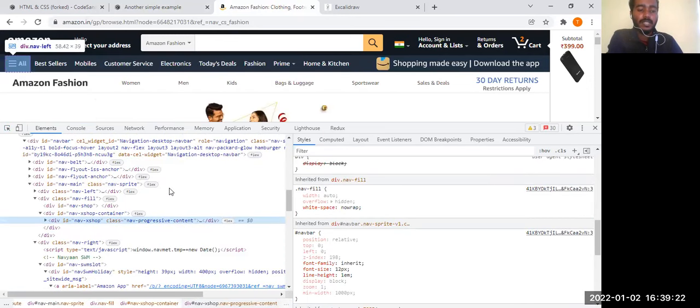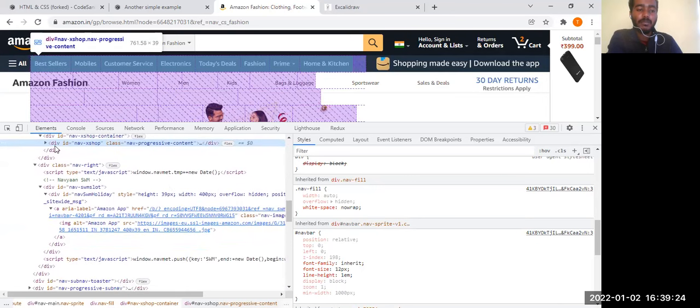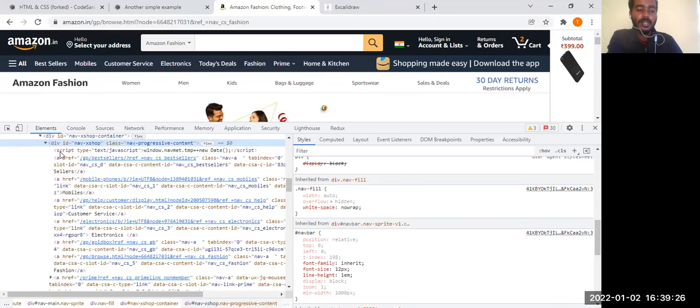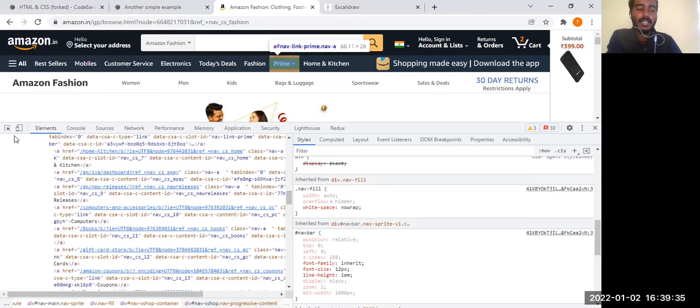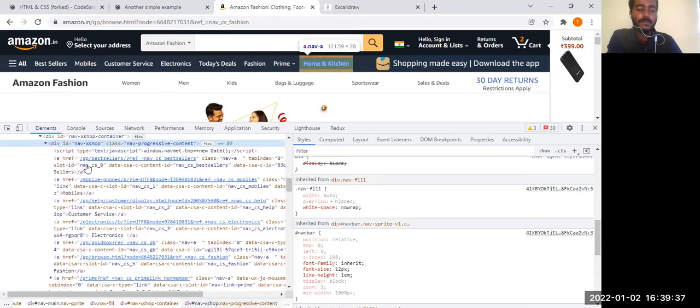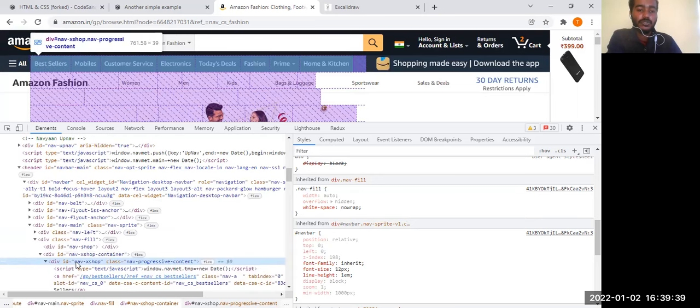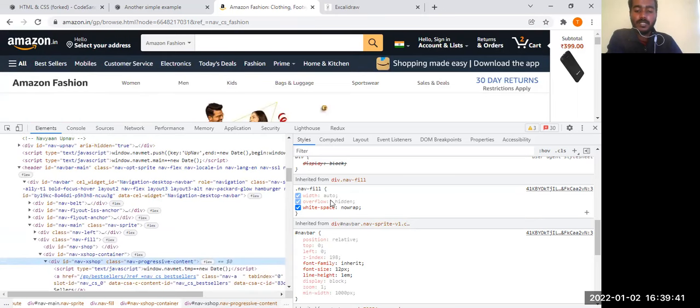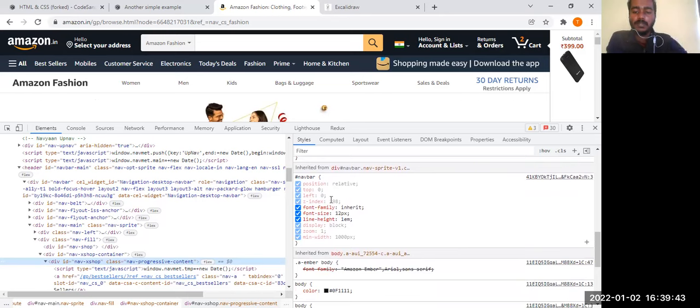So if you could see, there is a division called nav shop, and in that division, everything is an anchor tag. They have used the anchor tag, and there is a hyperlink which redirects to separate pages. Let me hover and show you here. So they have used these flex properties or not.